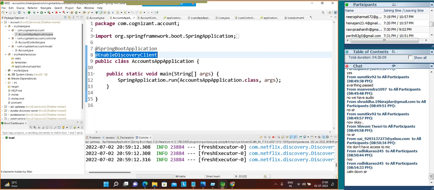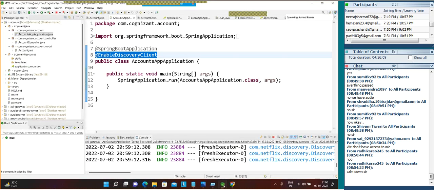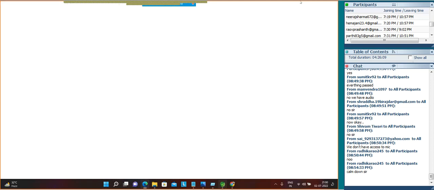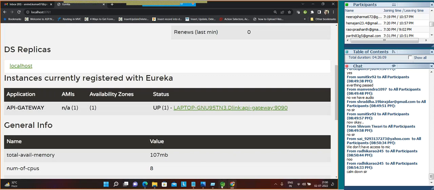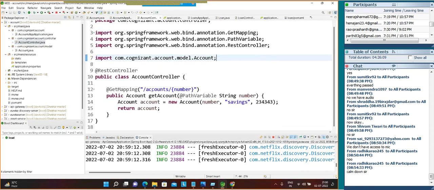That means the Eureka server handles the registration process, registering the other clients so that they are available for consumption. So with enable discovery client, here in this controller, we are doing the REST